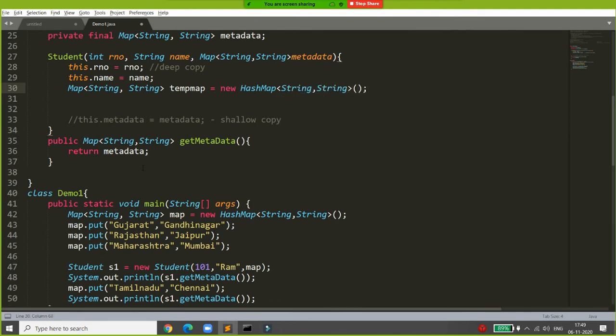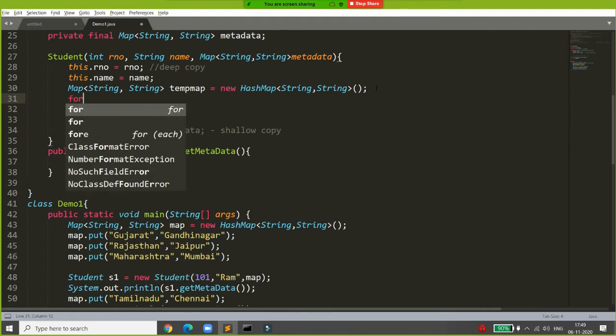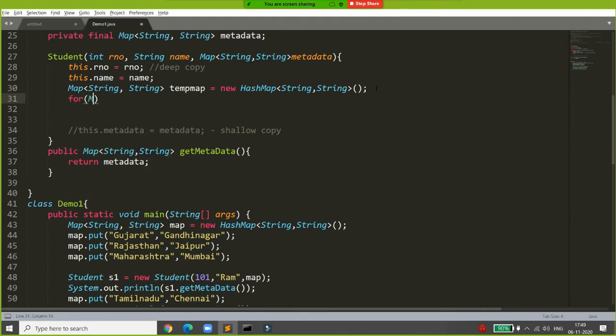Right? So this is my temporary map. Now I want to get each and every entry from this particular metadata, and then I want to put it into this particular temp map. So how can we do this? Simple. You can write a for loop. Here in the for each, you can write Map.Entry